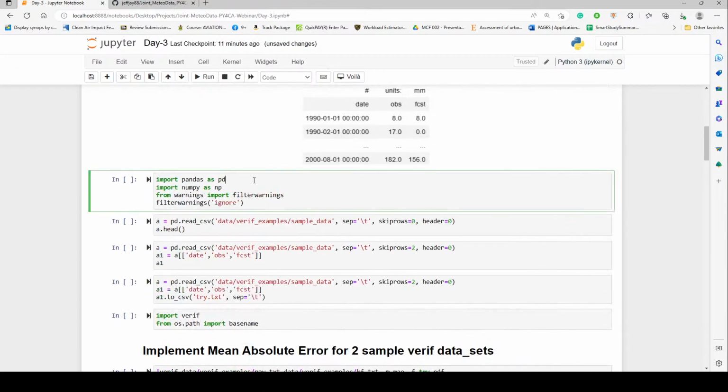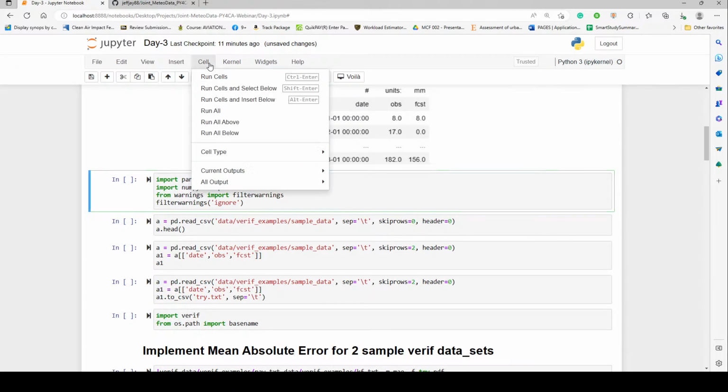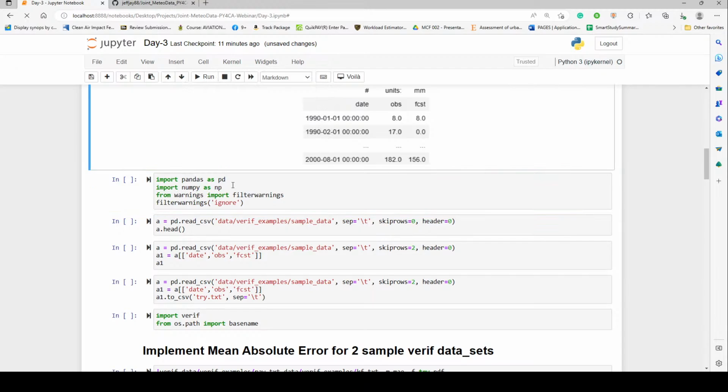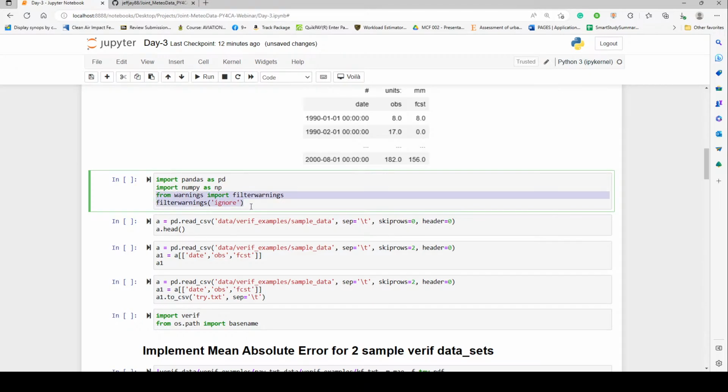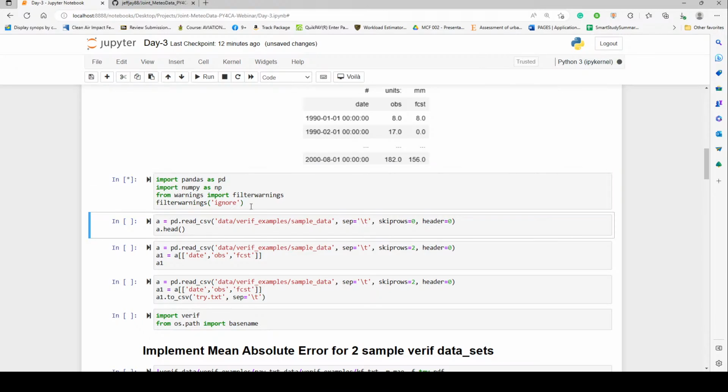Let me just run everything from the top again before this line. Okay. So we import pandas as PD, we import our numpy, which is numerical Python, as NP. And of course, I've already explained what the filter warnings does, so that it ignores all the warnings. With the exception of all, we would see some command line warnings, but those are no issues. All right, so we run this, and then we are going to use pandas to create this data frame